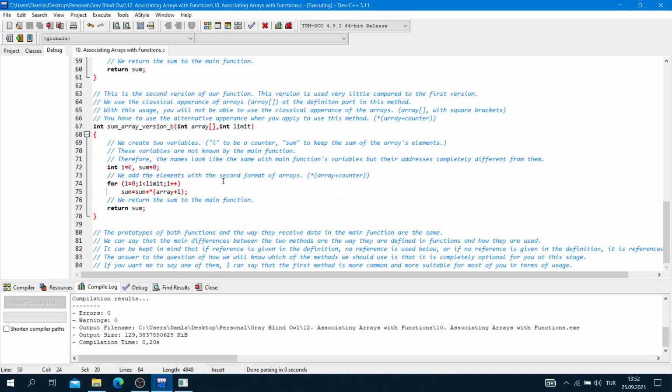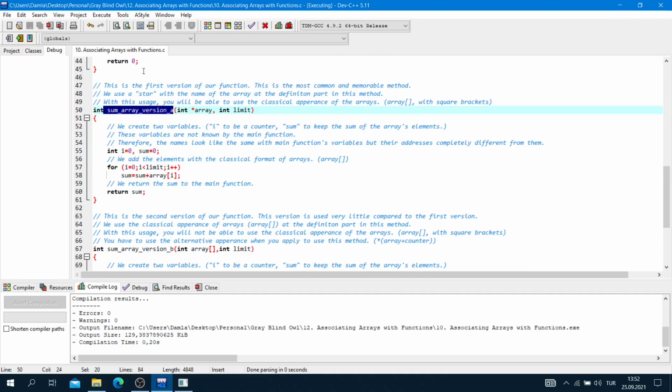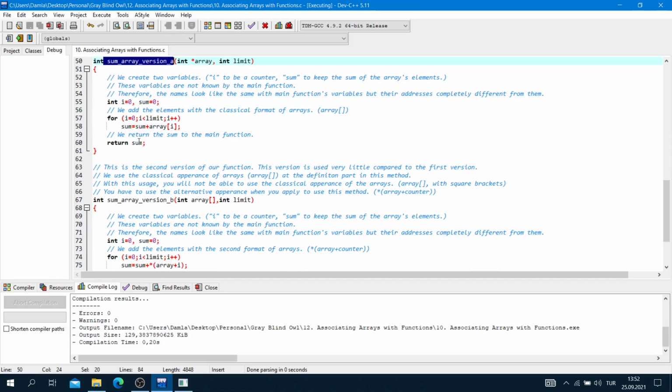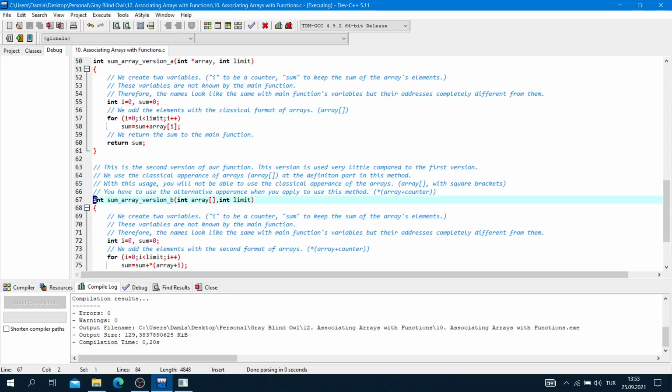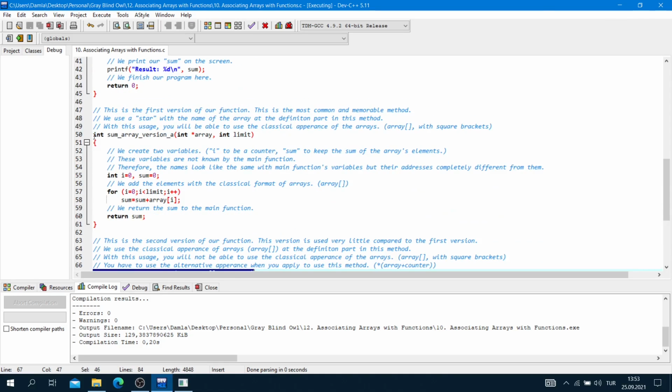If you want me to say one of them, I can say that the first method is more common and more suitable for most of you in terms of usage. Okay, so I use this method, but sometimes I use this method, but generally I use this.